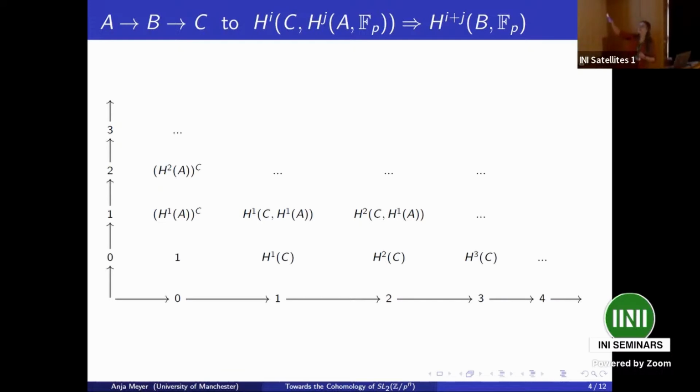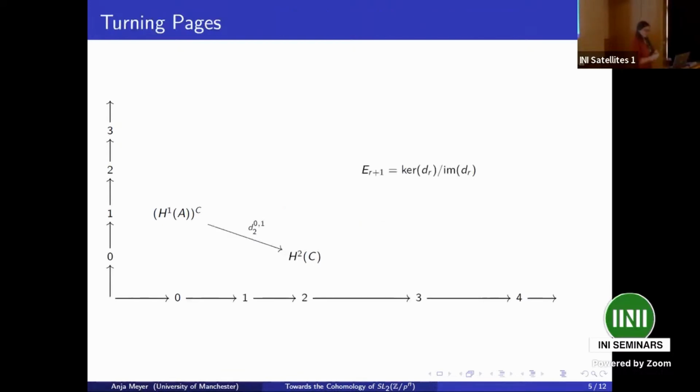And then in the middle, we just have certain cohomology groups, which we simply need to compute, but they're just found by the interaction of the different cohomologies of A and C. And I mentioned something about turning pages and finding E-infinity. And here's what we're doing. I'm not particularly comfortable with Beamer slides, so I try to keep things as simple as possible. Imagine that there's lots more written on this page.